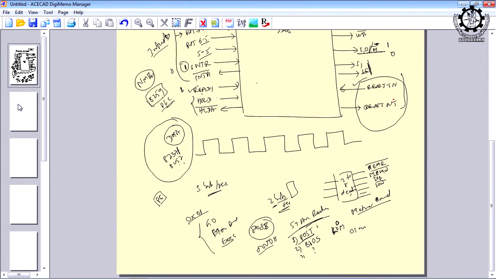All these are possible with the help of these two signals, one is reset in, another is reset out. So, can I say that reset in is an input signal to the microprocessor. Whenever it is activated, either you press a switch or you press alt delete control, the same thing happens, but ultimately it is connected to reset in. So, there are two ways to reset the system. One is that you can press the switch or you can press alt delete control.